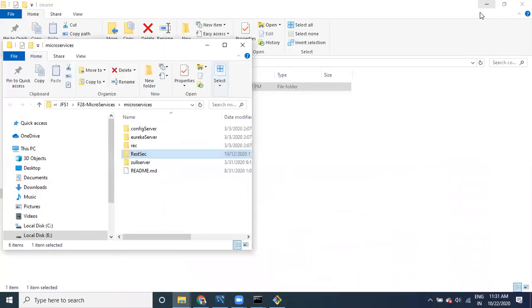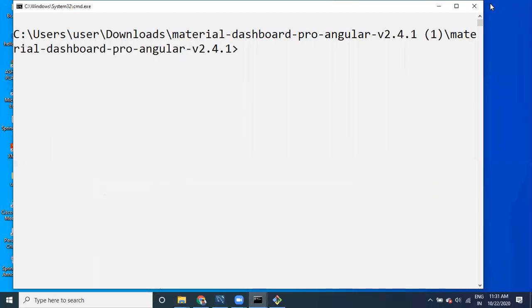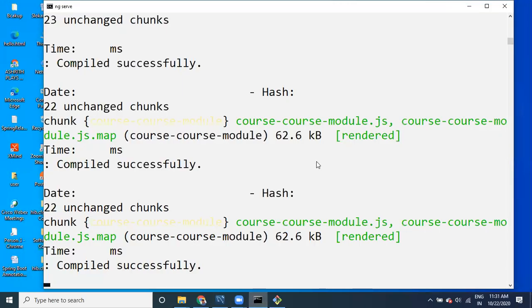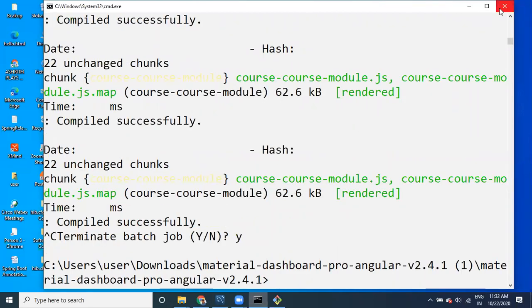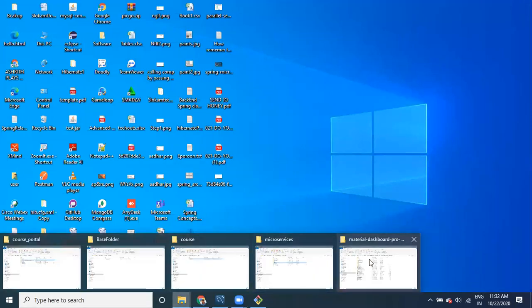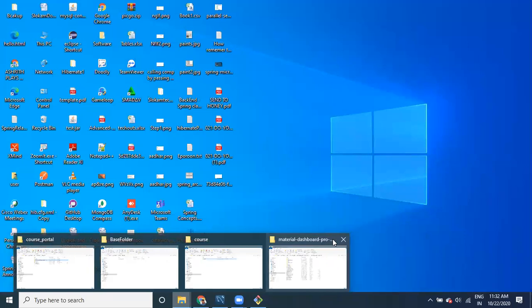Okay, this is a very important step. After cloning the code, this is a very crucial point that you need to understand. Remove the existing command prompts, and stop this. The UI application is running, right? Because we have cloned it in a separate folder. Don't forget about that separate folder. Better close other things also.